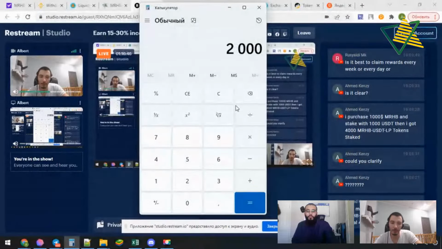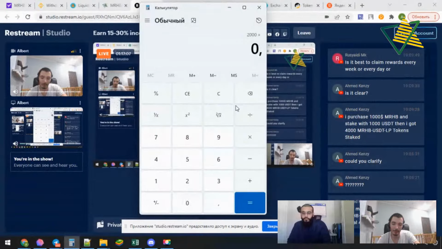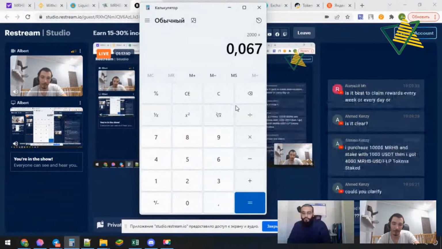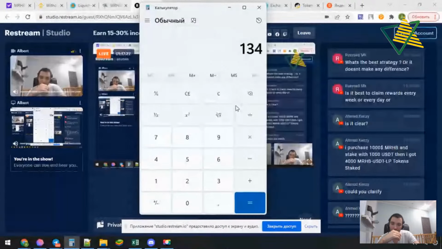So if you lock 2,000 USDT, 1,000 USDT and 1,000 MRHB worth, okay? So you lock 2,000 United States dollar, let me say, and if you earn daily 0.06... Sorry, 2000.